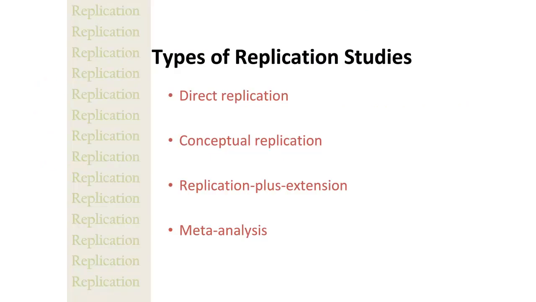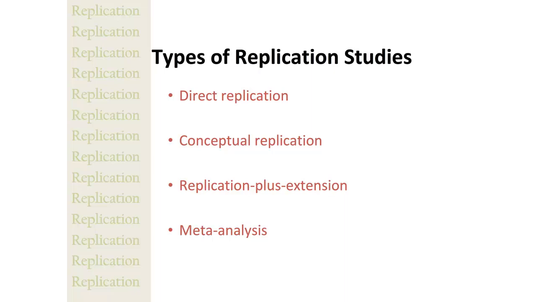There are a few different ways you could go about conducting a replication study. The first one, a direct replication: you will exactly mirror the original study's methods to try to reproduce their results or their conclusions. Whatever their sample was, whatever their measurements, whatever their manipulations, you're going to take all of that and try to employ it in your lab at your university, wherever you happen to be doing your research, and try to get the same results. That is a direct replication.